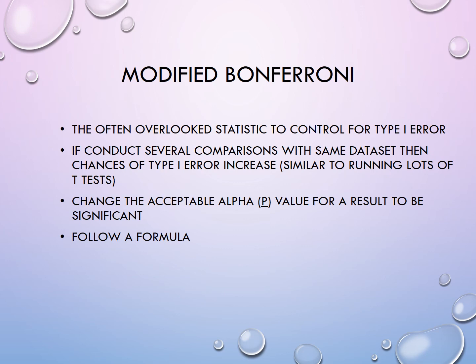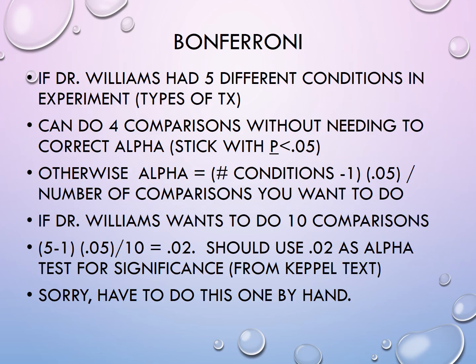And the modified Bonferroni does follow a formula. So let me show you that. Let's say that Dr. Williams is doing a study and has 5 different conditions in her experiment, or 5 types of therapy. Basically, Dr. Williams can do 4 comparisons without needing to correct the alpha value. But if Dr. Williams wants to do more, then she is going to need to change her alpha value. And it's a fairly simple formula. It's the total number of conditions minus 1, times 0.05,